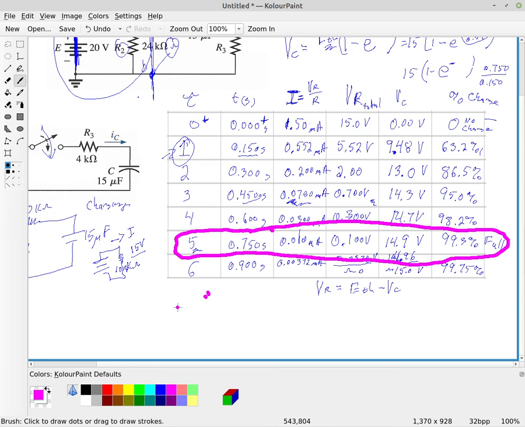So we like to just say that we have reached full charge at 5 time constants. You've got to cut it off somewhere, so that's where we like